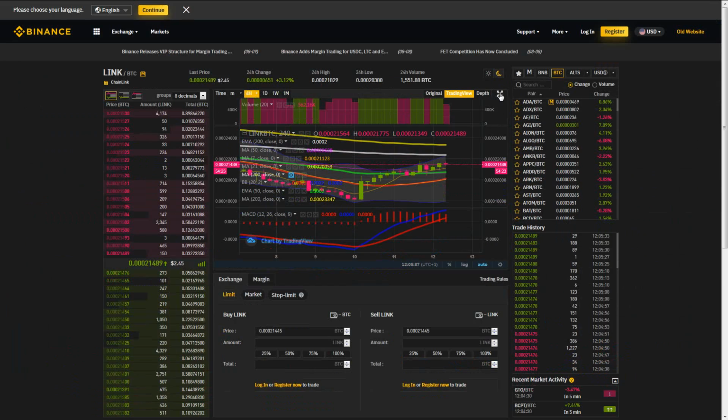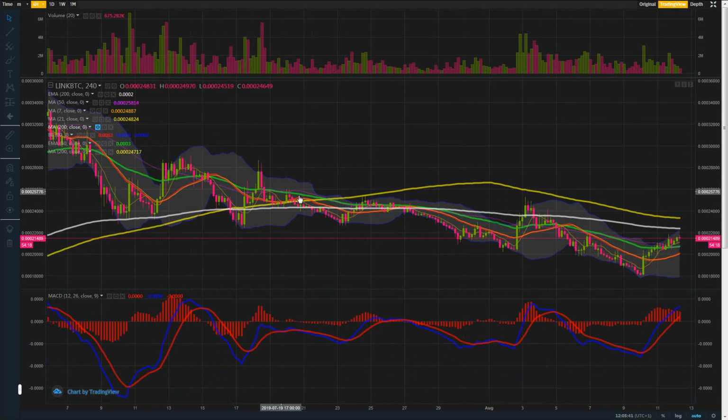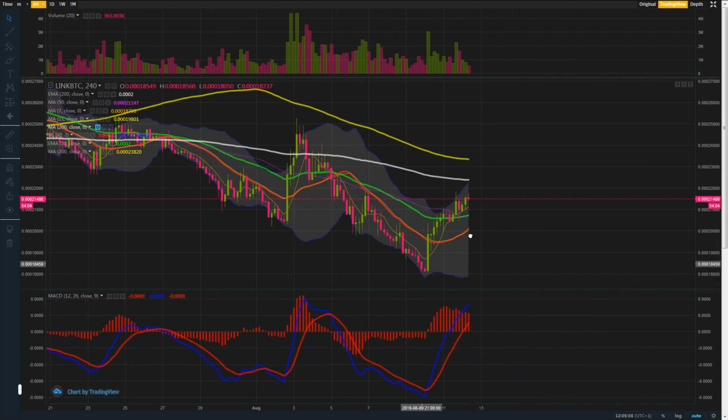Now Link of course did very well and has done very well, but look, if we can see here, we had the death cross back here, with the 50s, both exponential and simple. There's the simple crossing there, there's the exponential crossing there, and there's our downside, and it continues with the downside. Now it has been pumping a little bit, but not enough to even bend this purple. You see this skinny little purple 50 simple, that's still actually facing down,